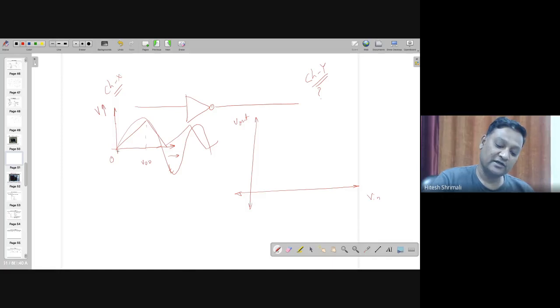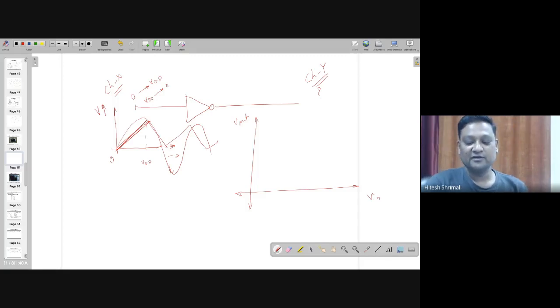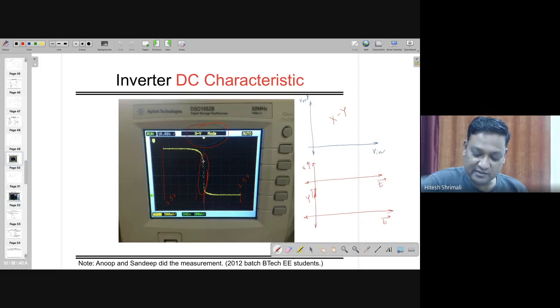Because it's not linearly going up. Here what we want to give is a linear input, which is moving from 0 to VDD and again coming from VDD to ground. It has to be linear. If you give the other one, that will also give you output, but points will be at different places. Here you can see that there are lots of points, and they are spaced away from each other. If you look at an oscilloscope whose sampling is 1 GSPS, all these points come with a spacing of 1 nanosecond.